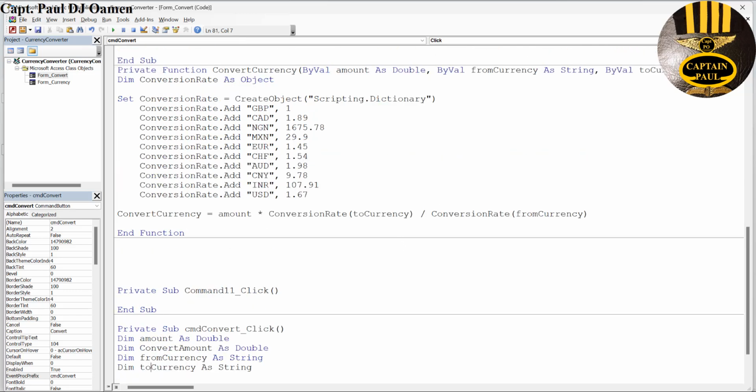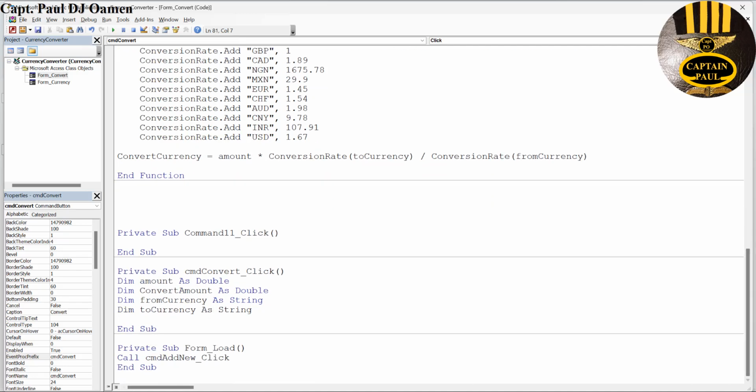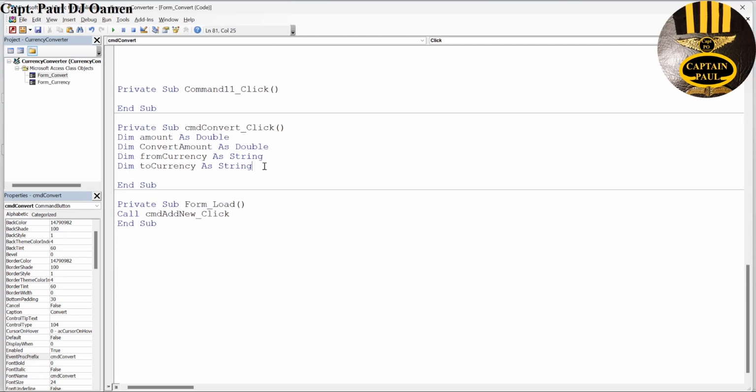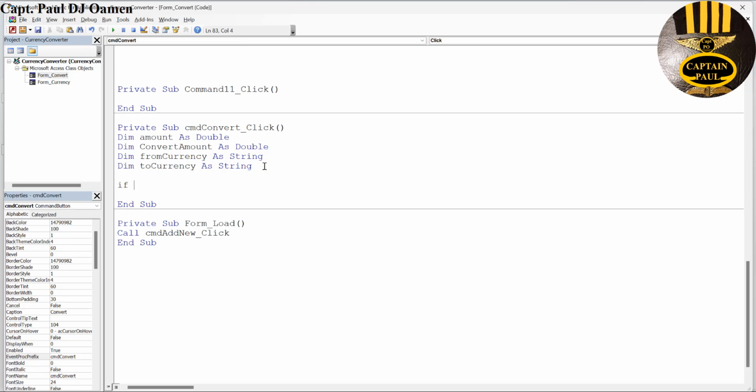Okay, now my declarations are there. Now let's move this up a little bit. Okay, the next thing I want to do is use an if statement: If not IsNumeric,